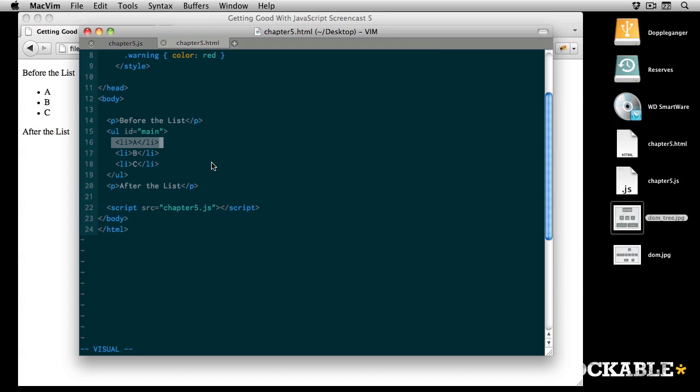Capturing is when the event starts at the highest element and works its way down. So the event will first of all fire on the body, then it will fire on the unordered list, then it will fire on the list item. Once it reaches the bottom, in this case the list item, it then bubbles, which means it goes back to the top. So it would fire again on the list item,